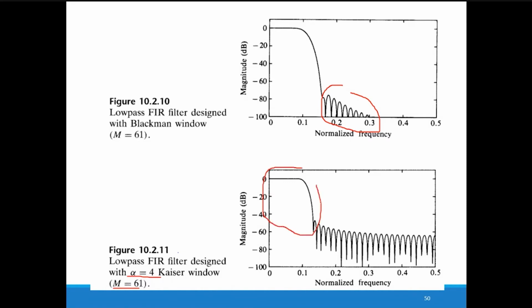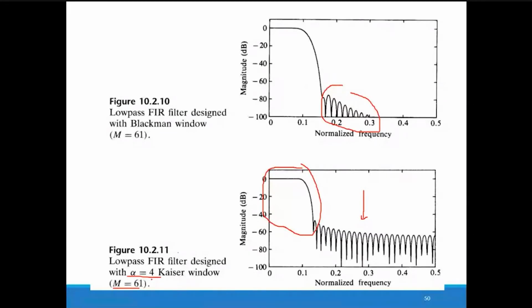Only thing is we are getting more number of ripples in the side lobes. Though Kaiser window is a dynamic window, we can say, by tuning the parameters. Here we have selected alpha is equal to 4. If you go for some more parameters, still you may get a better response compared to this Blackman window. So based on your application, you can change the parameters and you can improve the magnitude response. So that is possible with the Kaiser window.